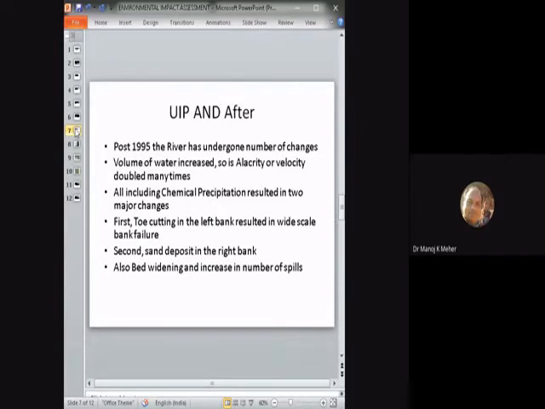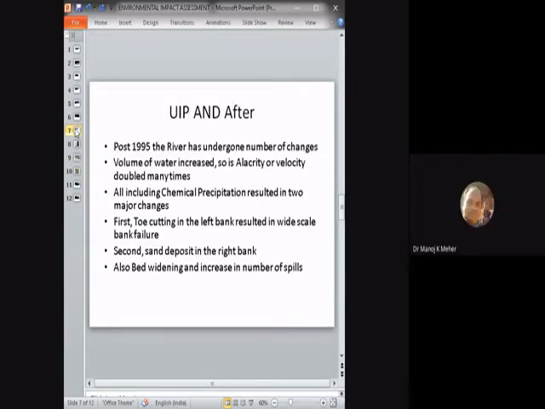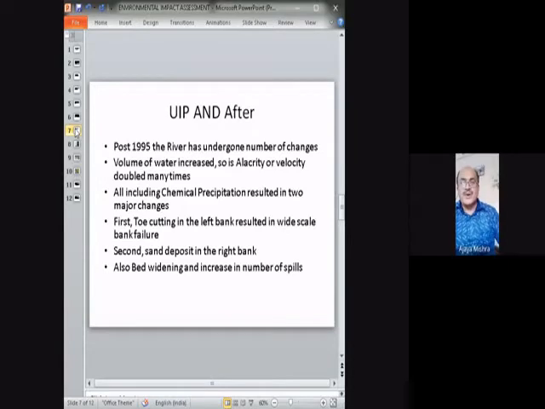So all this causes erosion and the widening of the river bed. As Pradeep sir was telling, because it was almost an old crystal bed, it can't hold. So while widening, the left bank of the river is cut, and because of toe cutting, almost every year 2-3 feet is extended toward the left.